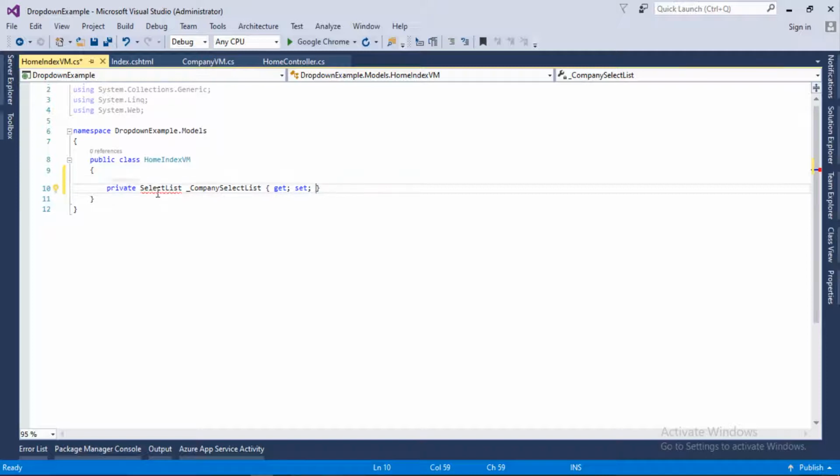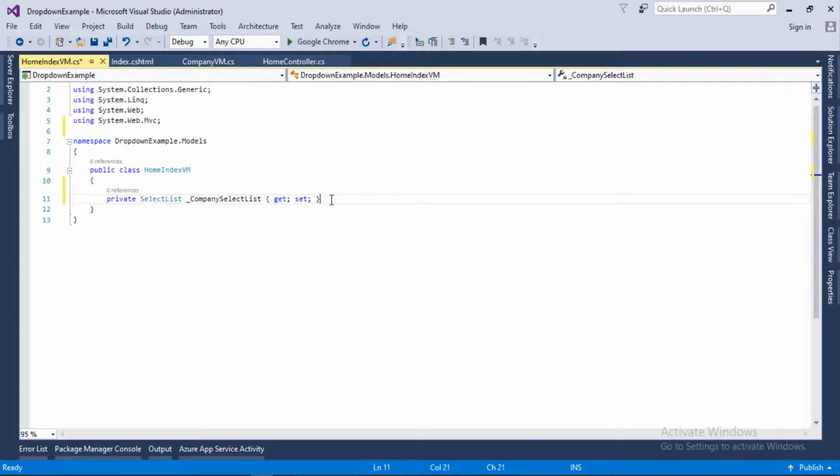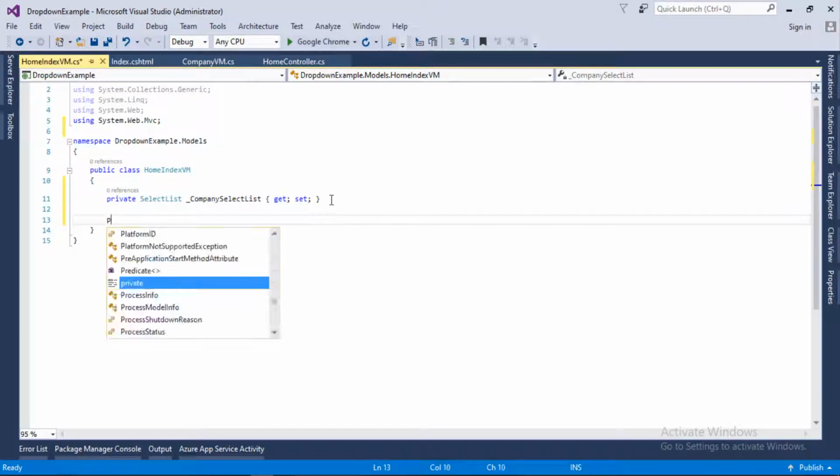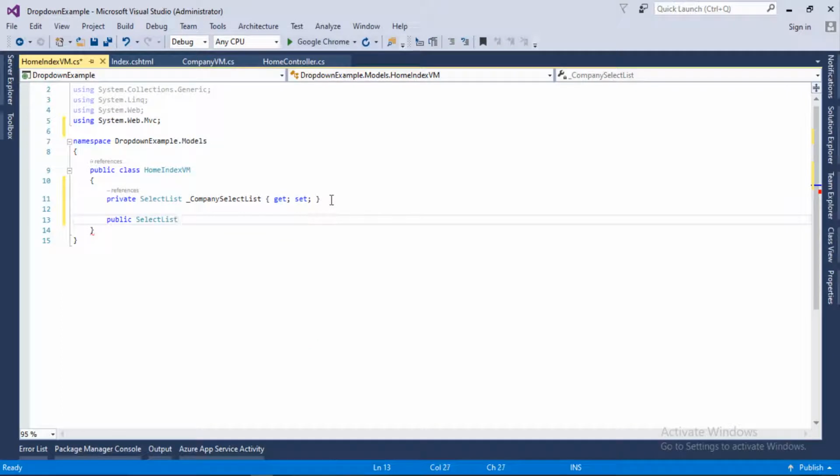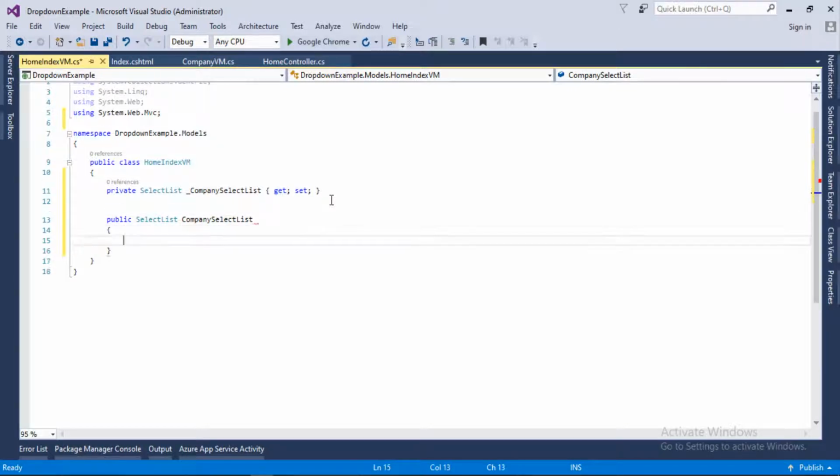Let's include the namespace for the SelectList, and now we will create a public property as well. So public SelectList CompanySelectList, and we will provide a getter and setter for this property as well.